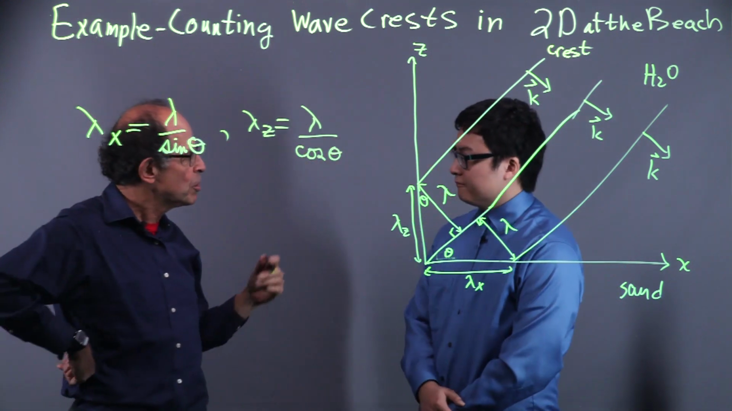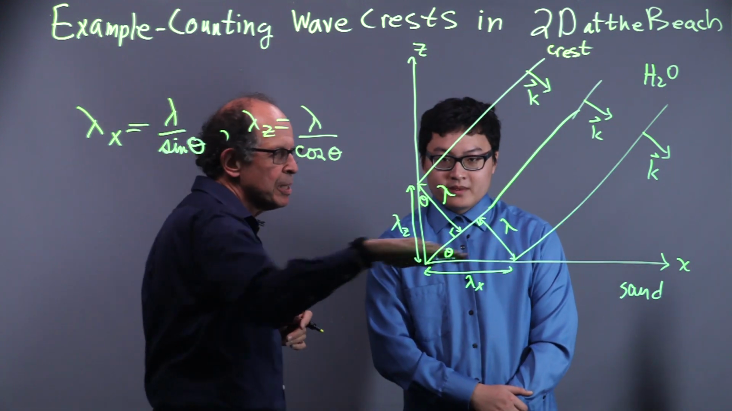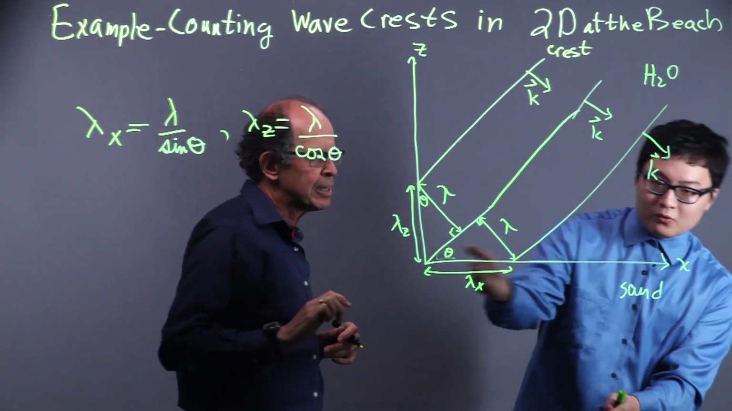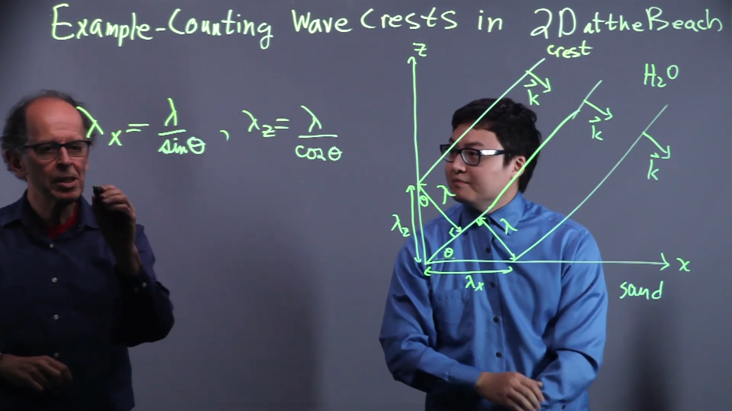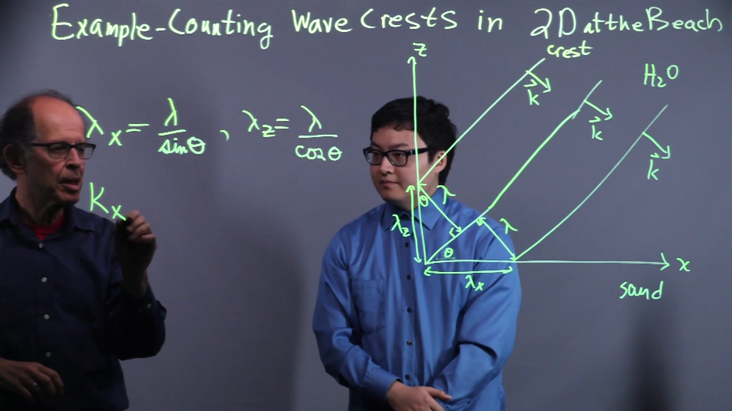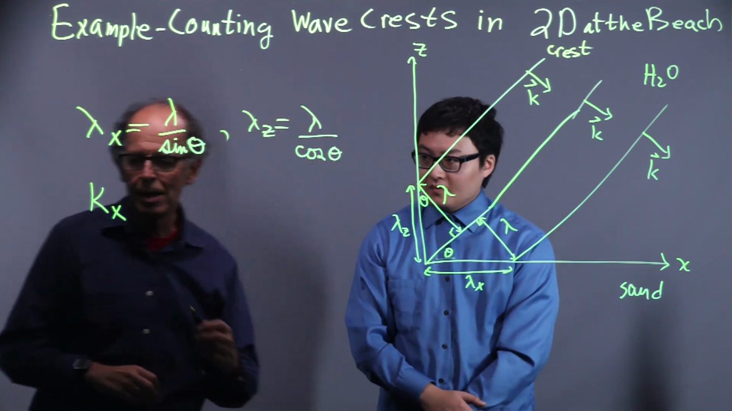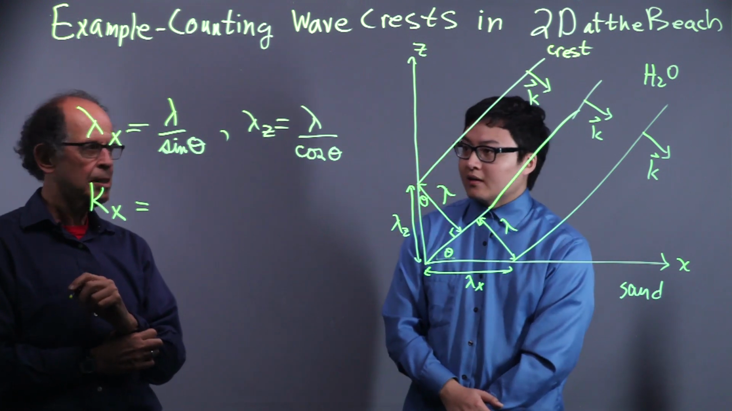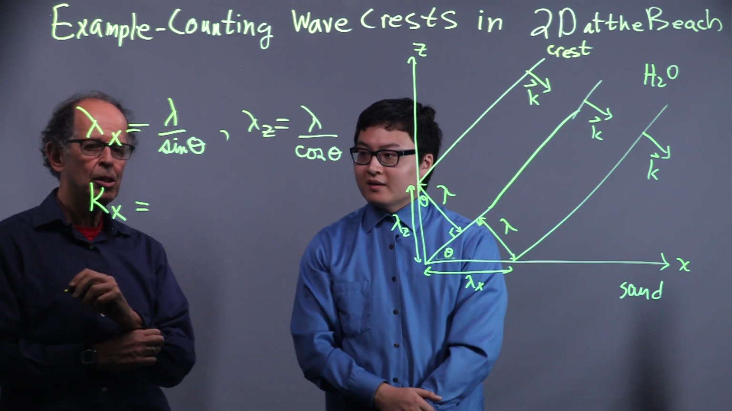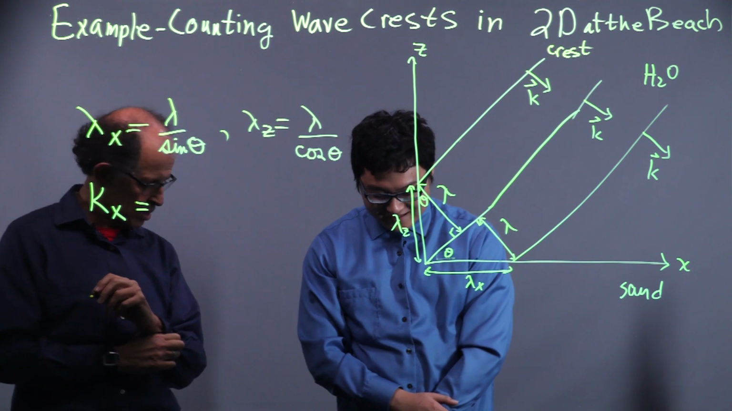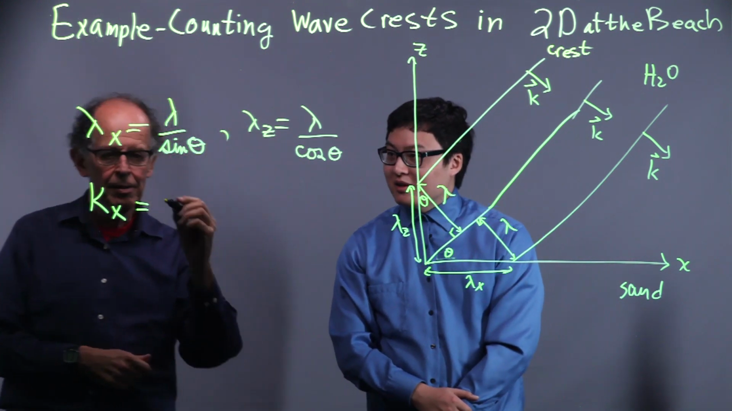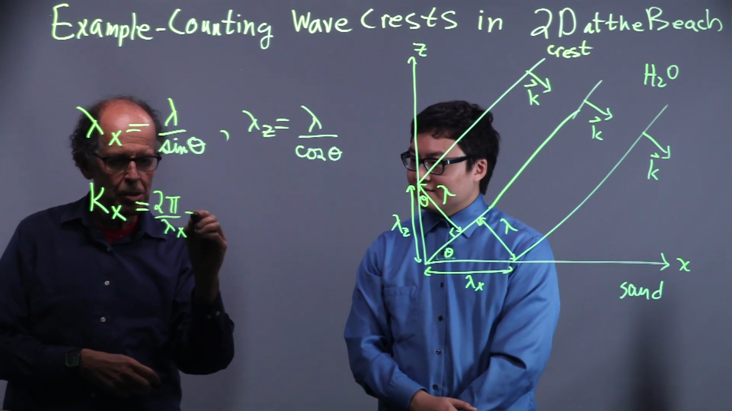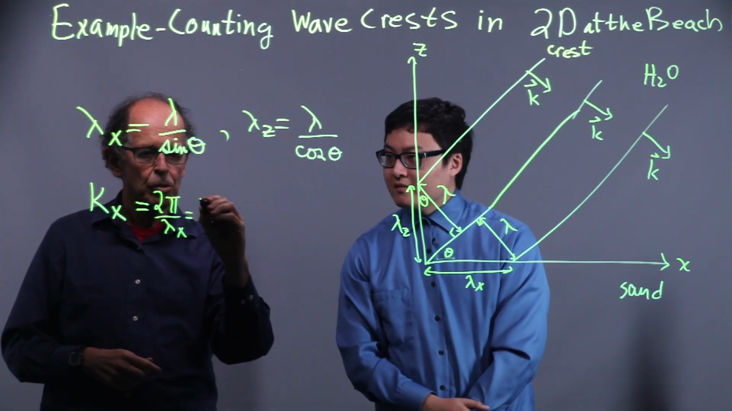Now we know these are effectively in 1 dimension, so we're counting crests horizontally, one way or the other. That means we can easily count the wave number in 1D along the x direction. So now just thinking of 1D, what does kx have to equal? Just 2 pi over lambda x, which is equal to 2 pi